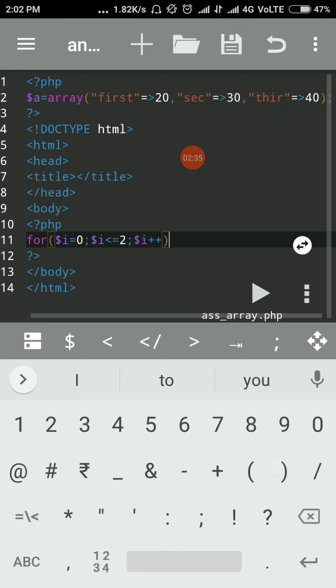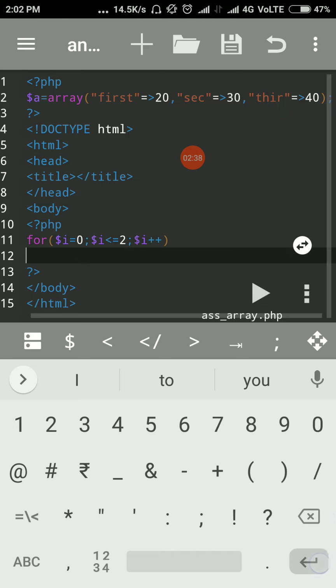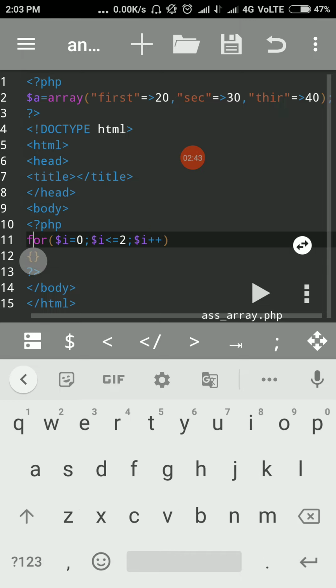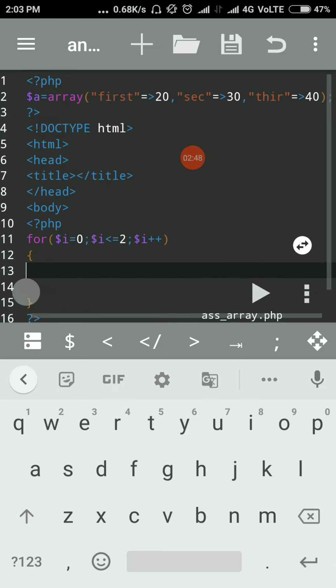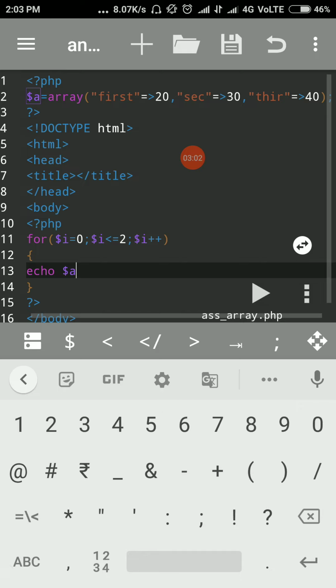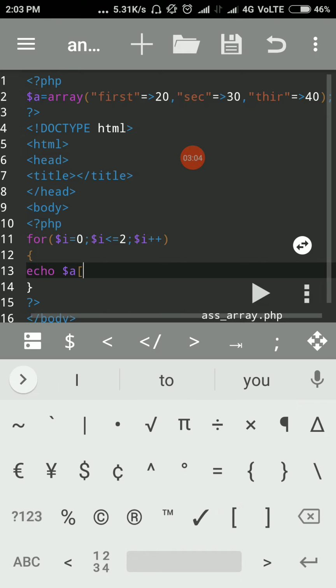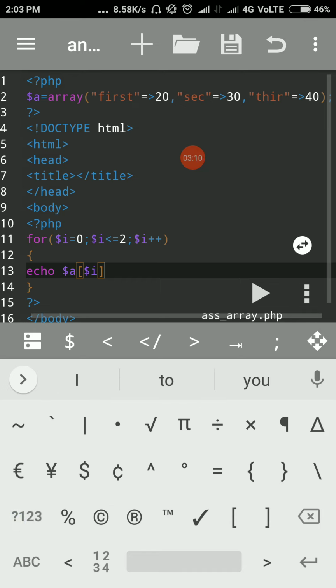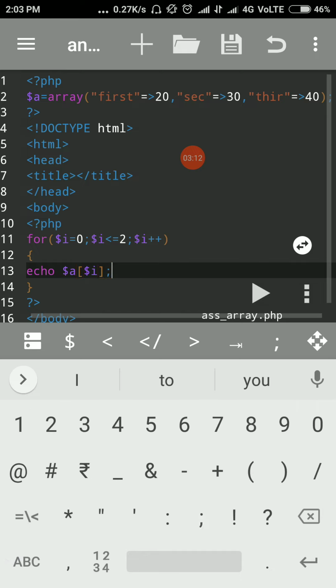Then complete the brackets, with no semicolon here, then we open the curly braces and close the curly braces. In between, suppose I take echo, the same statement we use with the numeric array. So echo, then $a, and then inside the brackets $i, and then close the bracket, and at the end we use a semicolon.